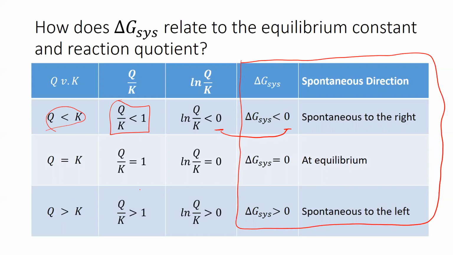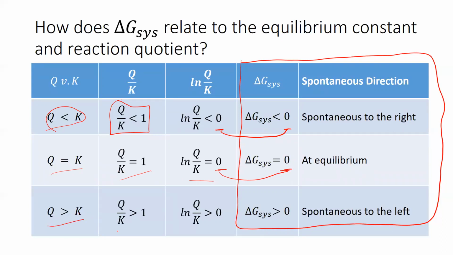If Q and K are equal, that means we have a Q over K that equals 1, and the natural log of 1 is 0. Well, for an equilibrium, the delta G is equal to 0. So those things are going to translate. And of course, if Q